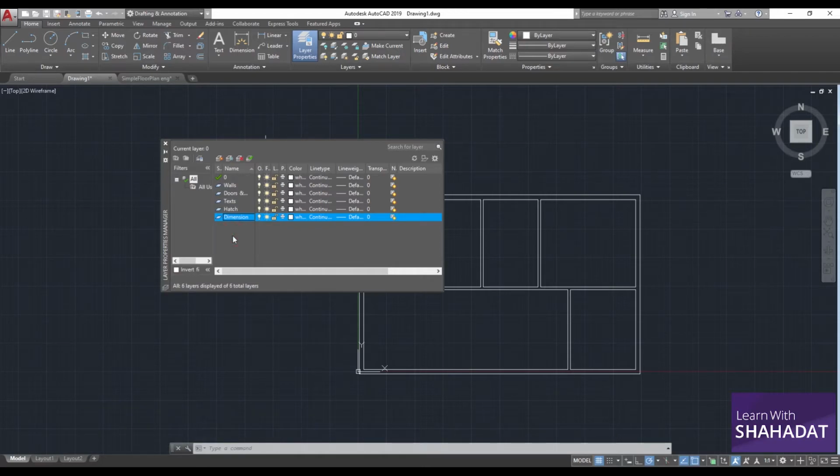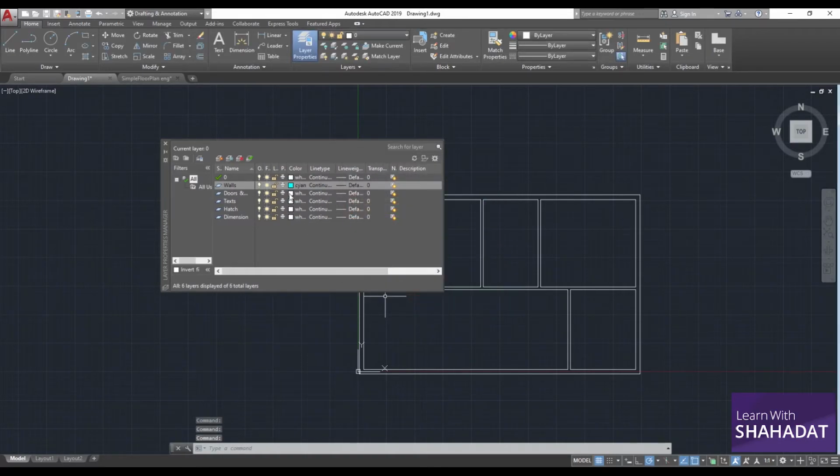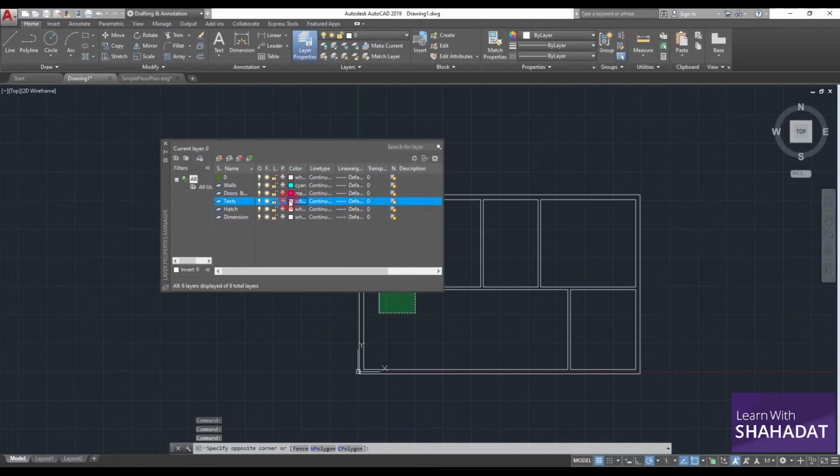I am going to assign a different color to each of these layers. I am going to change my walls to this color, cyan. Then my doors and windows will be in magenta. My text